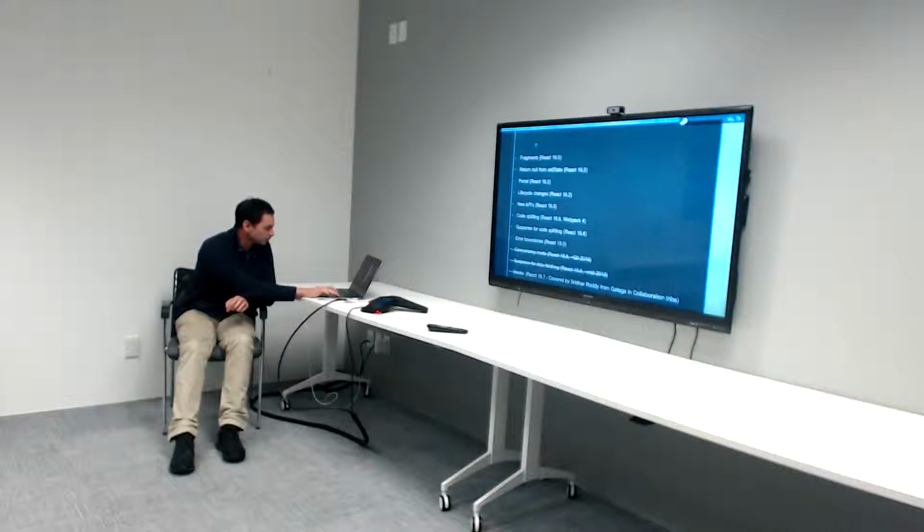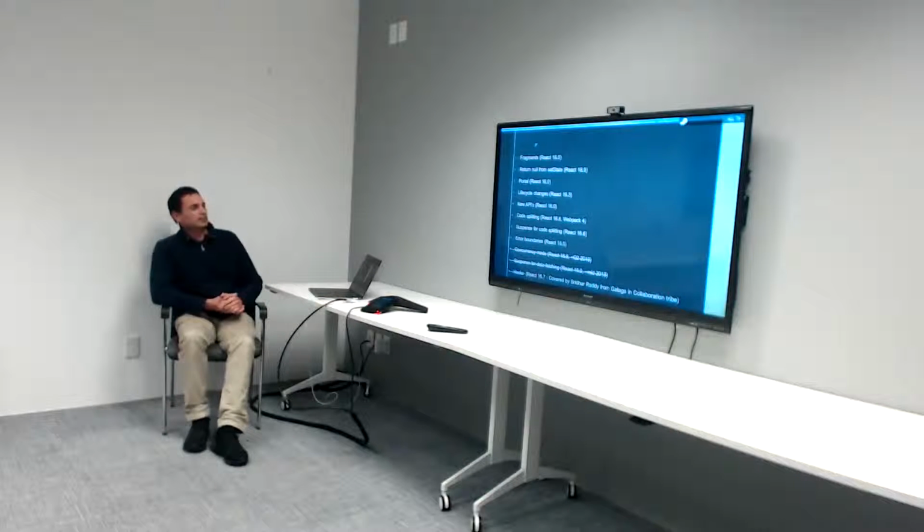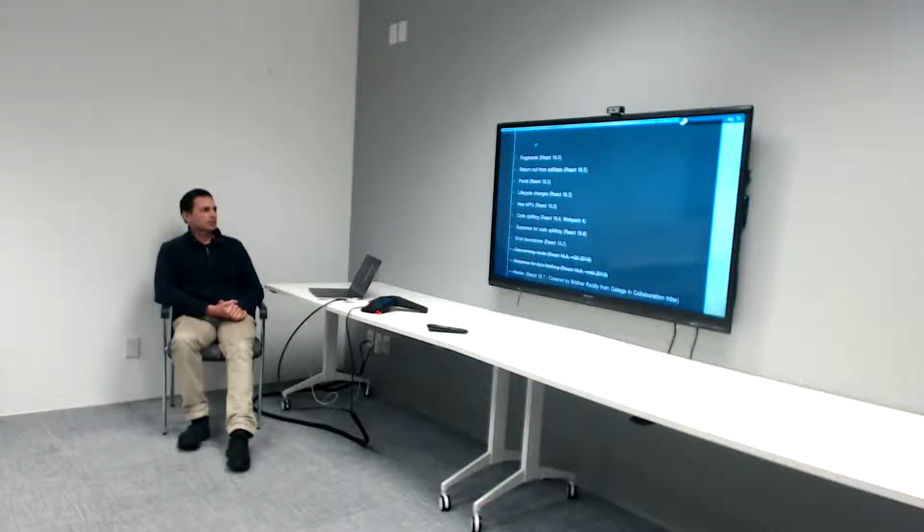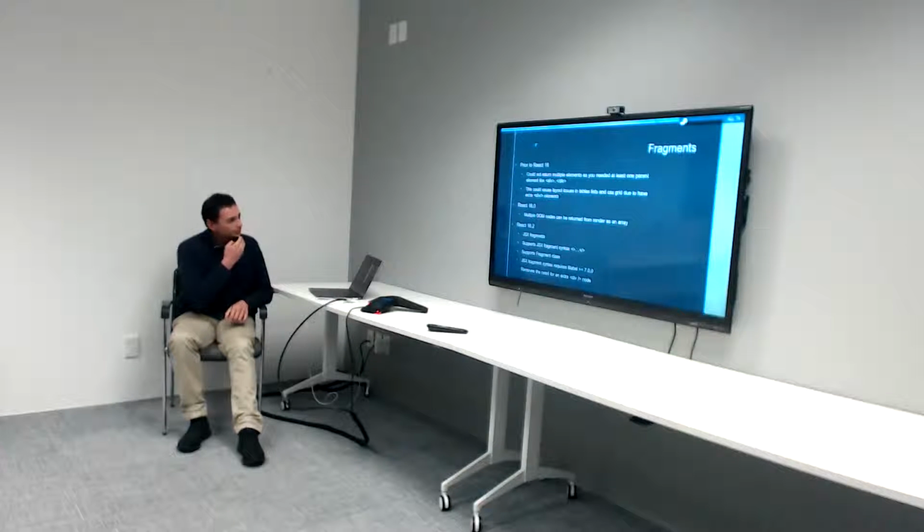Okay, it's gonna work. Cool. So these are the areas that I covered: fragments, setState, portals, lifecycle changes, a few new APIs, code splitting, suspense, error boundaries. I didn't cover concurrency mode because it's not out yet, and I couldn't get the unstable versions to work. And the same goes for suspense for data fetching. Hooks has already been covered by Sridhar. So if you want to know more about hooks, I suggest you reach out to Sridhar for that. Okay. So the first thing is